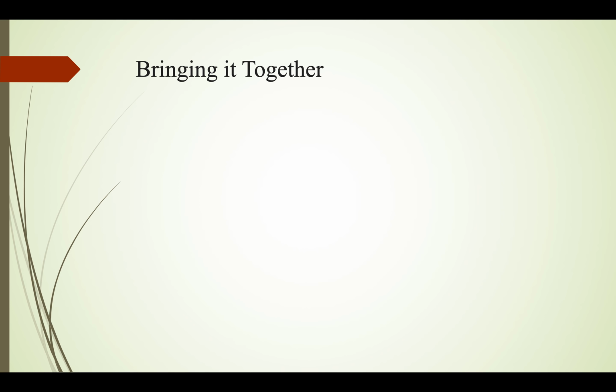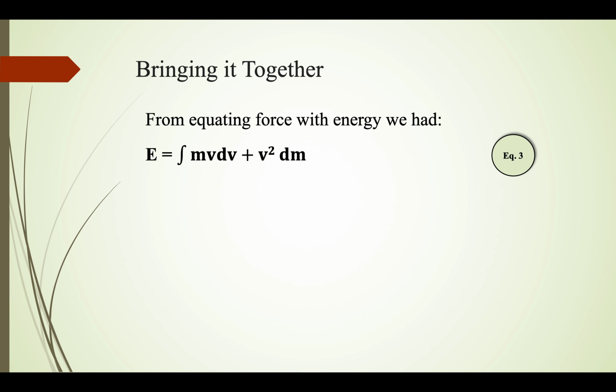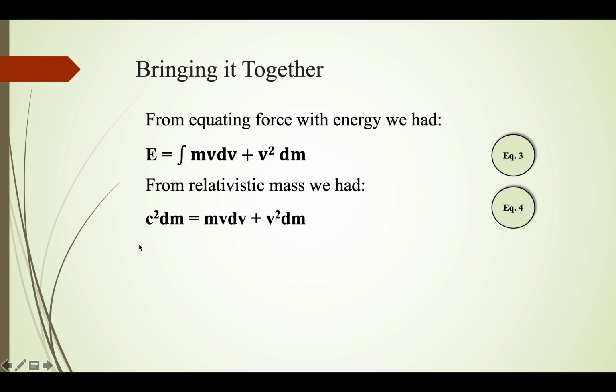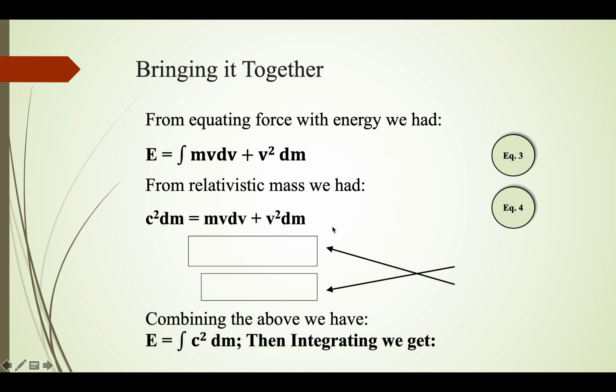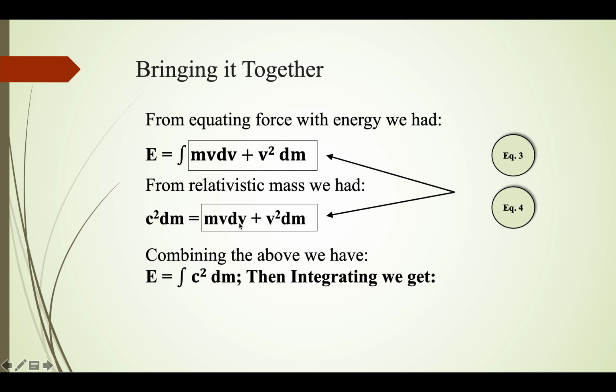So, bringing it all together, from equating force with energy, we had energy is the integral of mv dv plus v squared dm. From relativistic mass, we had c squared dm equals mv dv plus v squared dm. And as you can see, this expression here is the same as this expression here. And so combining these two equations and replacing this with c squared dm, we have that energy equals the integral